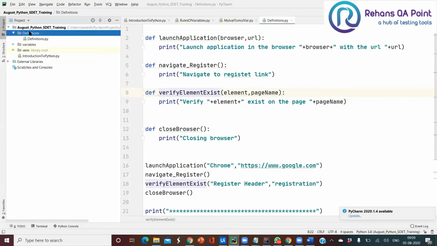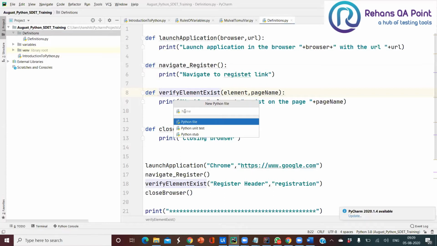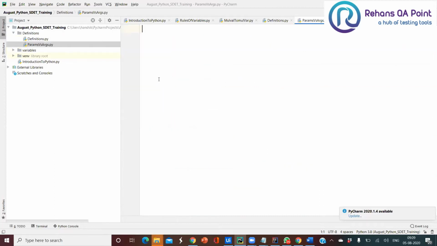So here I'm going to create a new Python file, and I'm going to name it params versus arguments. Here I have a definition called add, and I have the parameters a comma b.